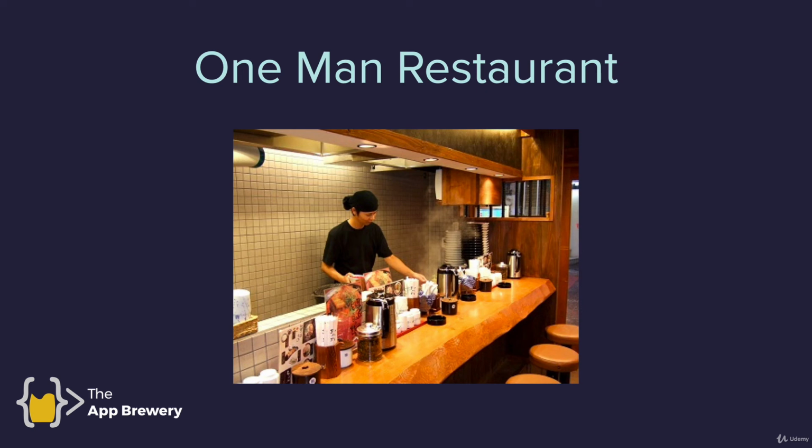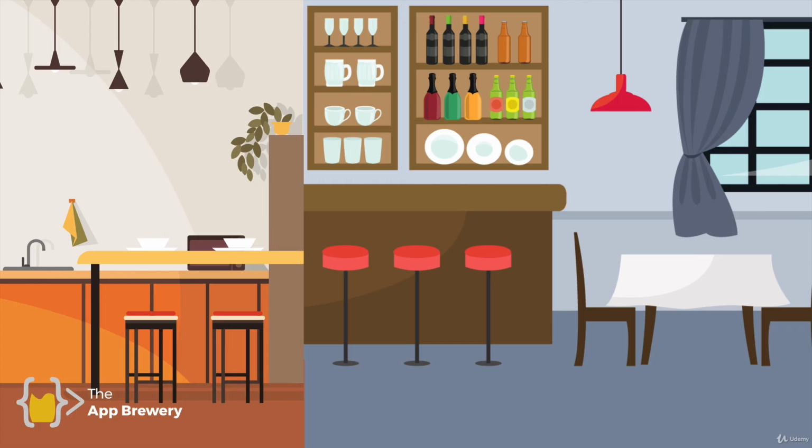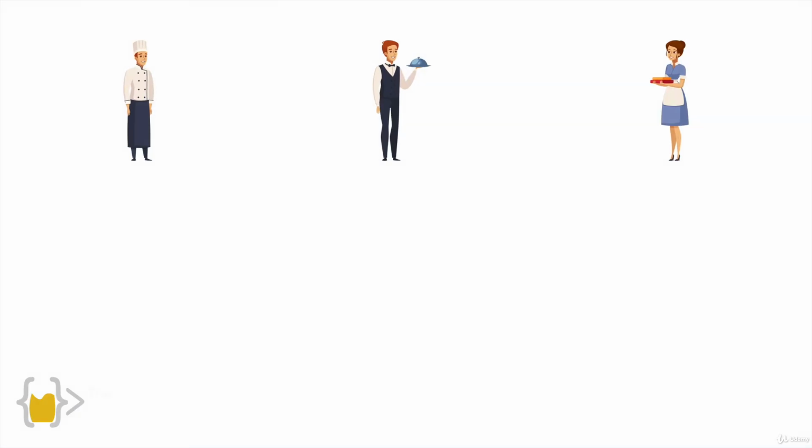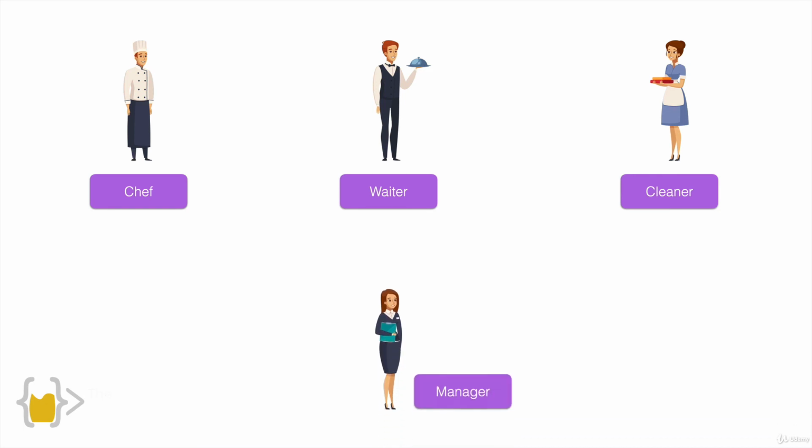In the same way, we can't create a very complex and very large software project if we're using a procedural style of programming where we're sort of running a one-man band. It gets very, very complex and very hard to manage very quickly. So let's consider the alternative. What if we had just hired a bunch of people where they each have their own individual roles? They're trained for it, they know what to do, the waiter knows how to wait, and the chef knows how to cook. Well, in this case, you could just be the manager, and you can manage all of your staff